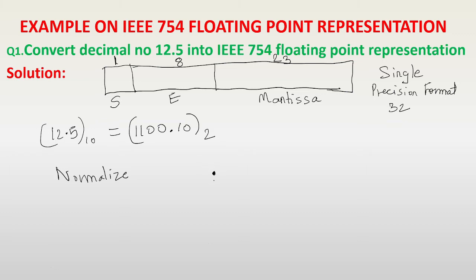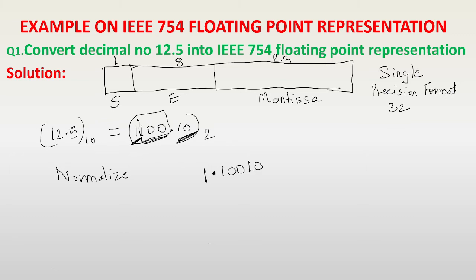Okay, now this is a decimal point I have drawn. Only one bit I can keep before the decimal and that bit has to be 1. I cannot keep 0 over here, this is wrong. So I have to keep 1 over here. This 1 will remain, and the rest of the bits I have to shift to the right. So I am shifting these 3 bits 1 0 0 to the right, and whichever bits were there on the right, 1 0, you write as it is at the end.